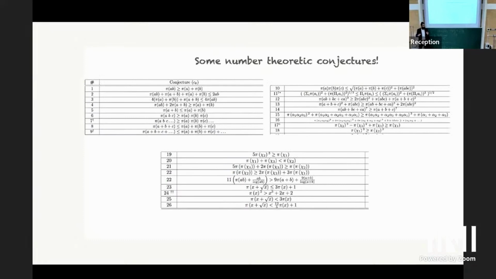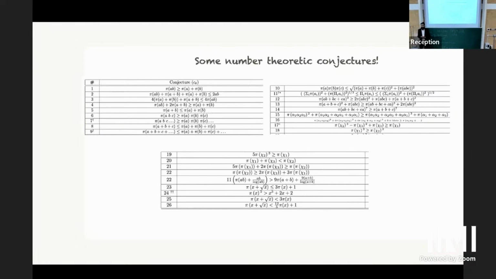So let's look at some results. I think there might be one or two typos here, but other than that, I think 24 has a typo, inequality split. So when we first wrote down the most basic version of this algorithm, we realized two important things. One is how easy it is to generate these conjectures. And the second is that we are rediscovering some old known conjectures that are still unresolved.